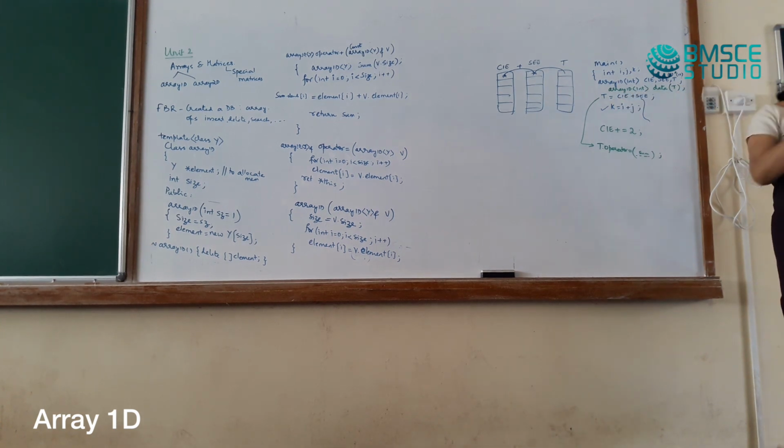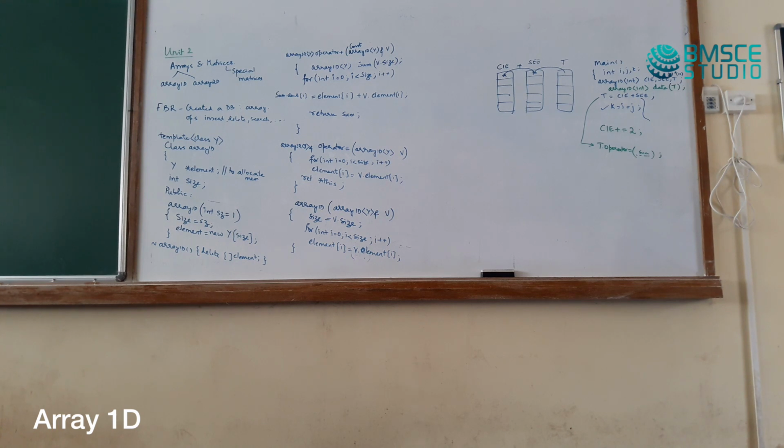When you are answering questions or when you are writing something, don't assume. You overload equal to as well, for completeness. Is that clear? Equal to will be a part of the compiler in most compilers. What if you just say T is equal to CIE? Now you want to do it with equal to or with copy, it is your choice, how you want to make it work. We have both the versions now.